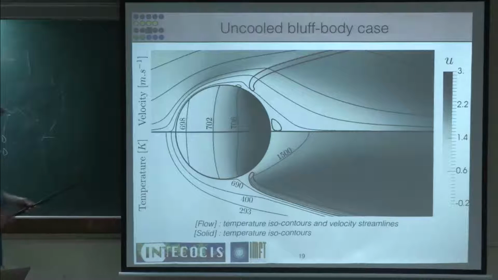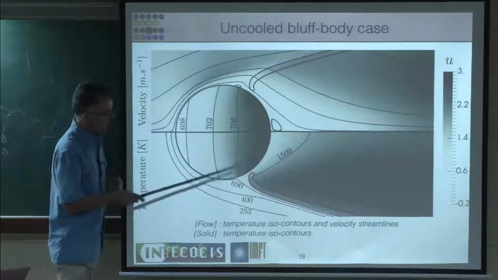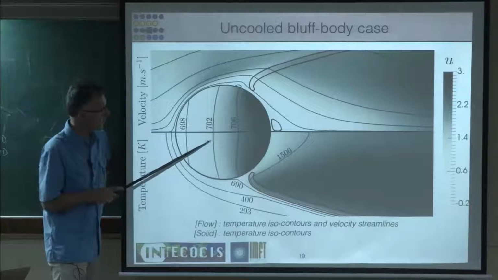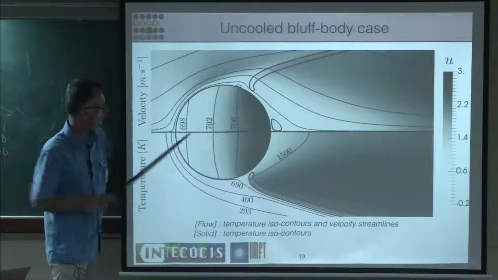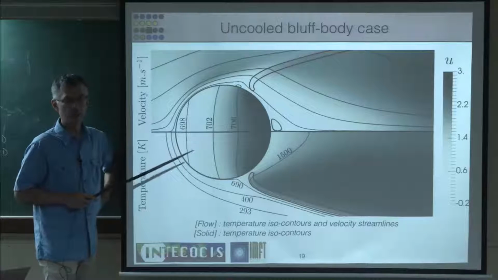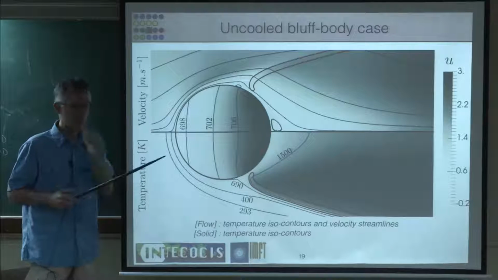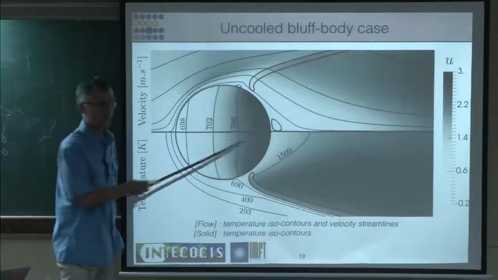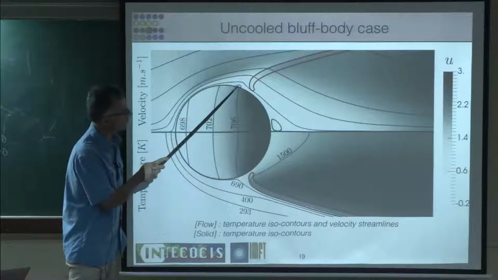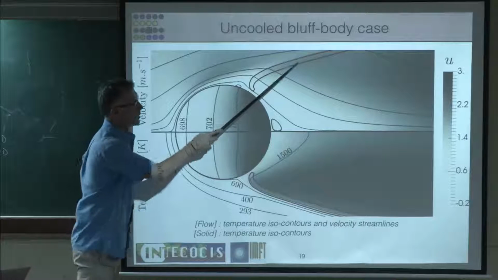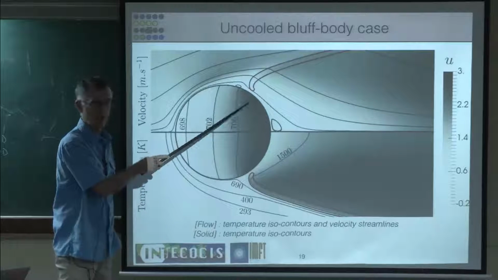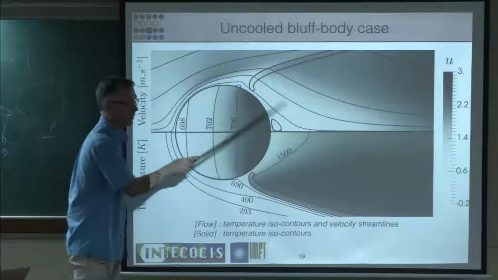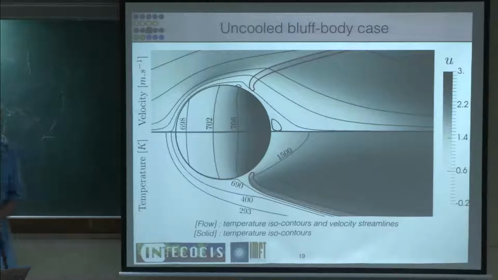Now this is the temperature profile with the temperature in the cylinder. There is no cooling system now, so it goes from 700 to 698 because it has a high conductivity. It's almost isothermal. And you see now that the recirculation zones are gone. There are only 2 very small recirculation zones because the flame now is so close to the cylinder that it's much more viscous, so the recirculation zones are gone. I will show you in a minute how this takes place.